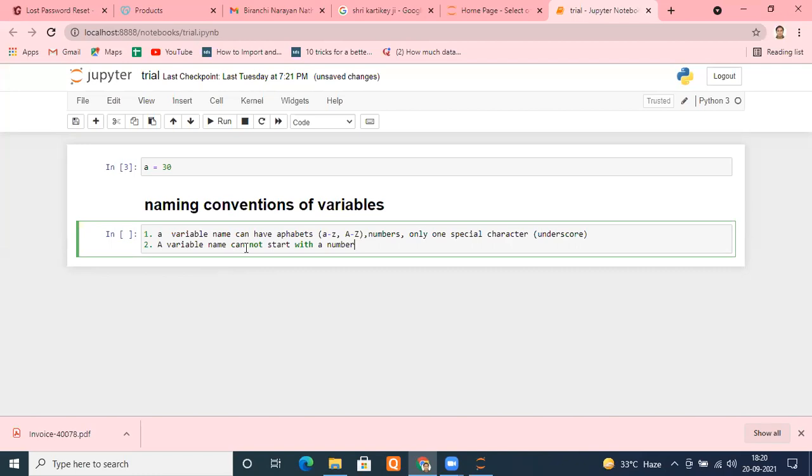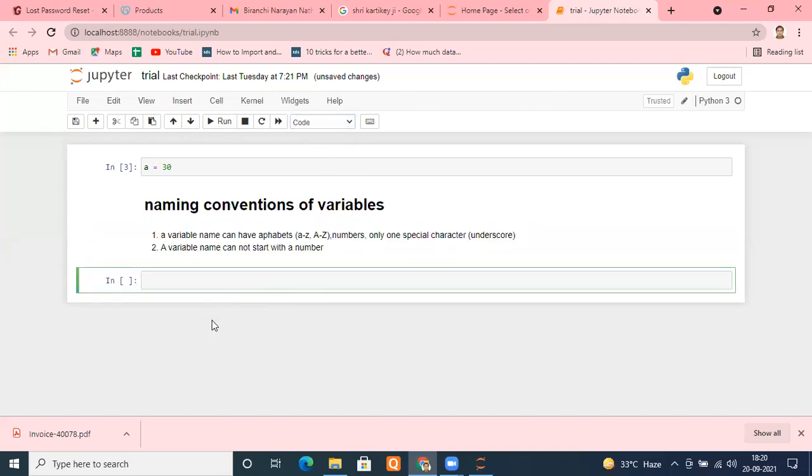A variable name can have alphabets, small a to z, capital A to Z, numbers, and only one special character, underscore. So we have four options. But you can use any combination, and remember that your variable name cannot start with a number. If you try to do that, it will throw you an error. So I'm making that a markdown and running this cell, so it is available as a markdown for me.